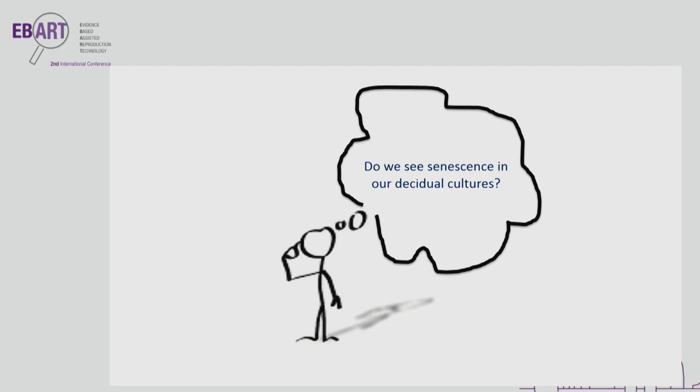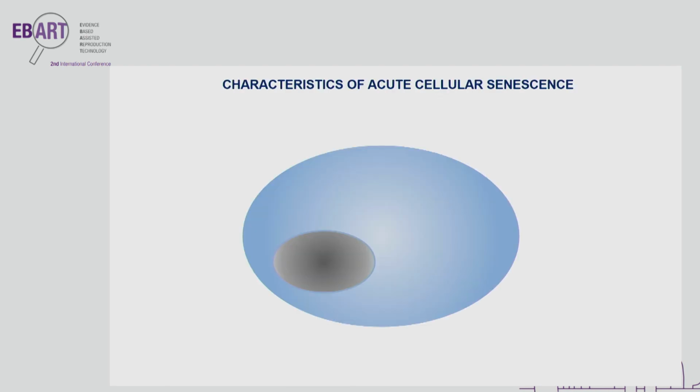So do we see senescence in our decidual cultures? Well, first of all, we need to consider what cellular senescence actually is. So these cells have stopped proliferating, but they remain metabolically active. And they will have a certain phenotype which is specific for acute cellular senescence. And the sort of characteristics that we see are concentration of senescence-associated beta-galactosidase, or SA-beta-gal, into lysosomes. So they operate at much lower pH. We also see